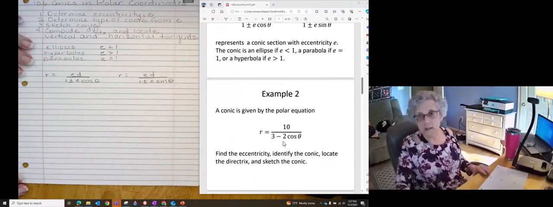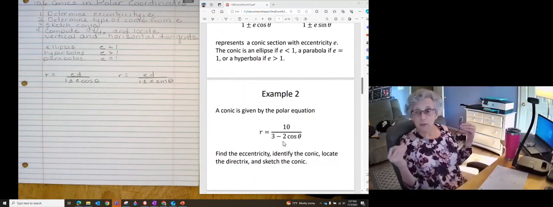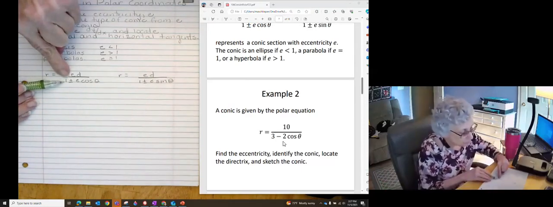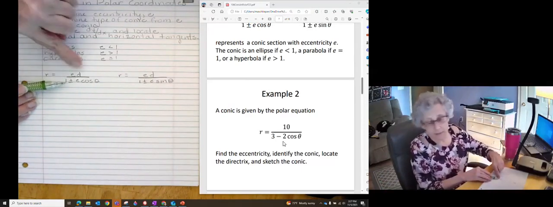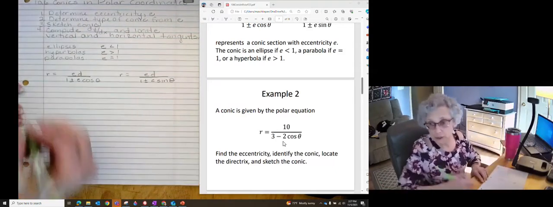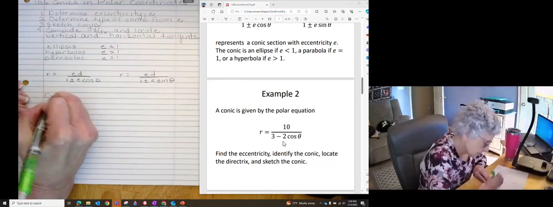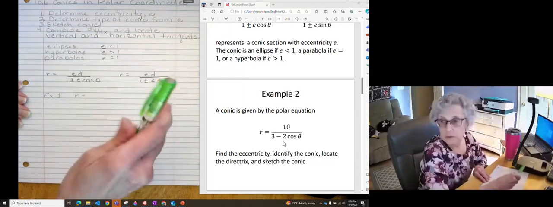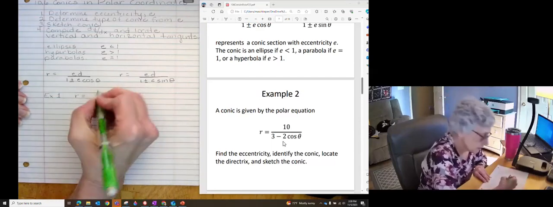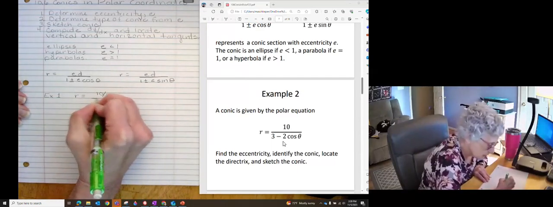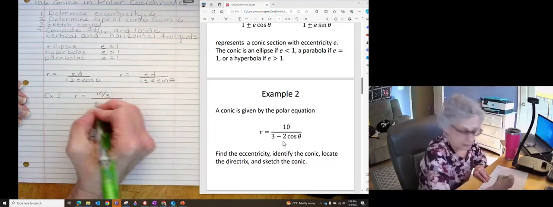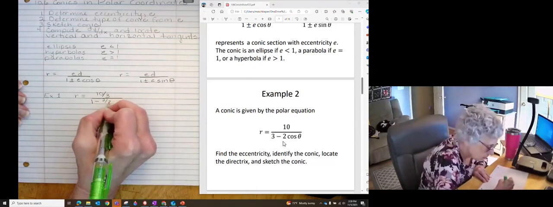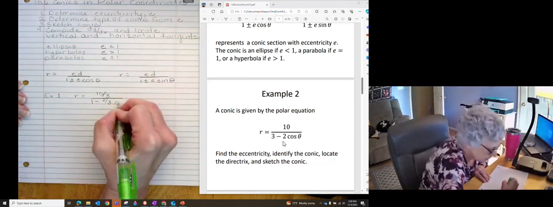So let's look at this one. Step number 1, when you're given a conic as a polar equation, get it into the form where you have a 1 sitting right there. Then your E will be sitting next to your trig function. So for example 1, we have r is equal to, I'm going to go ahead and divide everything by 3. So I have 10 over 3 sitting on top. 3 over 3 is the one that I wanted, minus 2 over 3